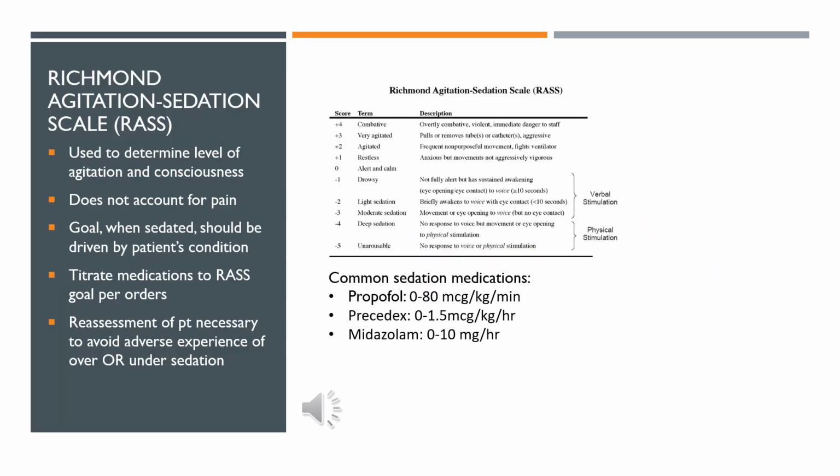The Richmond Agitation and Sedation Scale is a tool that we use to determine, as you probably guessed, a person's level of agitation or sedation. The scale ranges from a +4, which would be a patient that is combative and a danger to himself or others, to a -5, which would be a patient that is completely unresponsive to any kind of stimulation. While this is a good tool and a good scale, the piece that it does fail to take into account is that their level of pain can lead and impact the level of agitation that we're seeing when we're caring